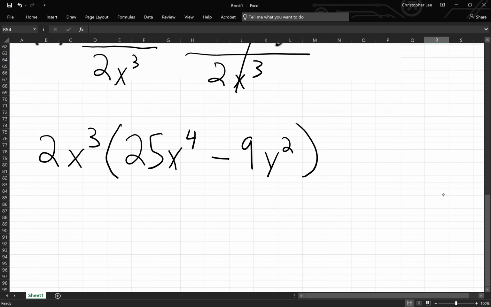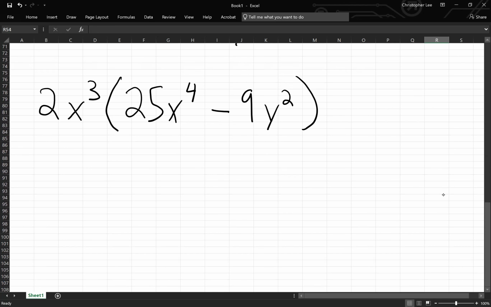Okay, keep going. 3. Now you see the 25 and 9 was common for both, and then you can divide. 25 times 3 is not 30. No, it's not, because if you had 25,